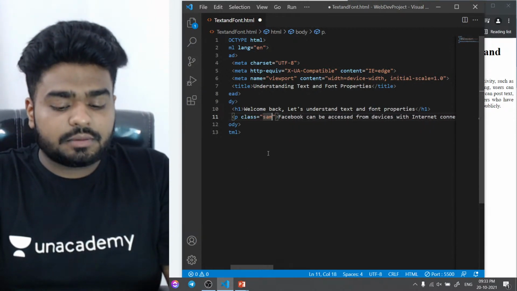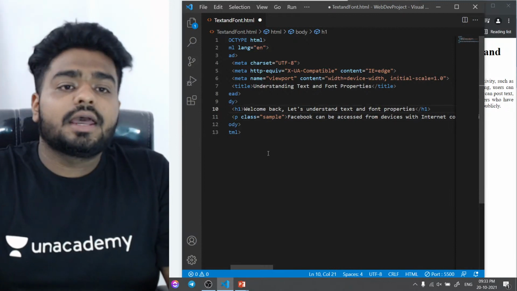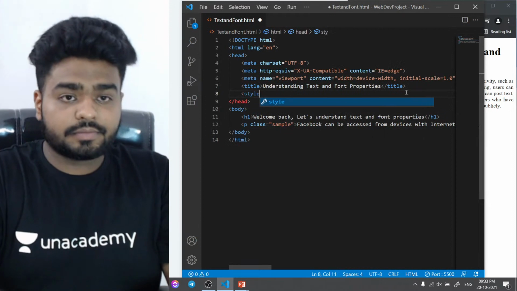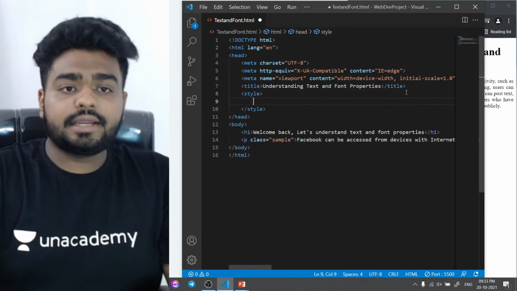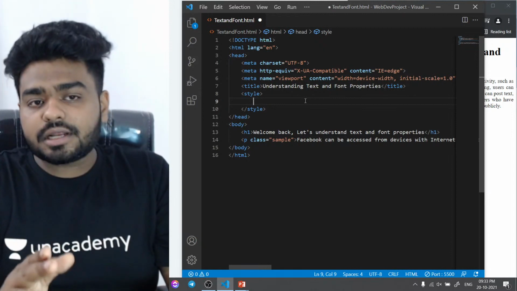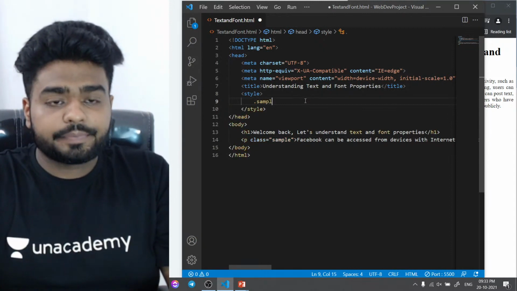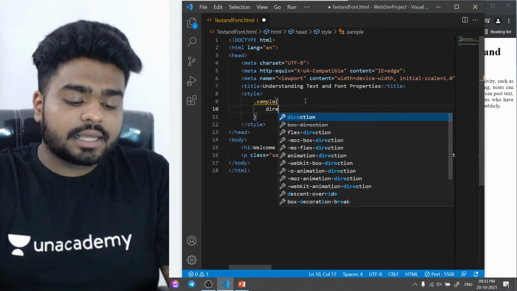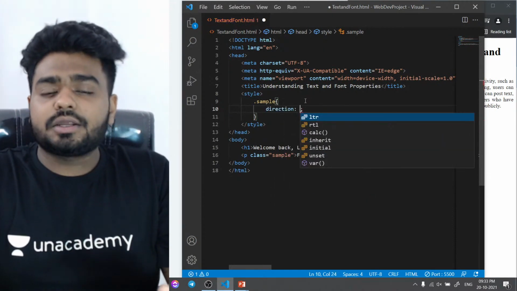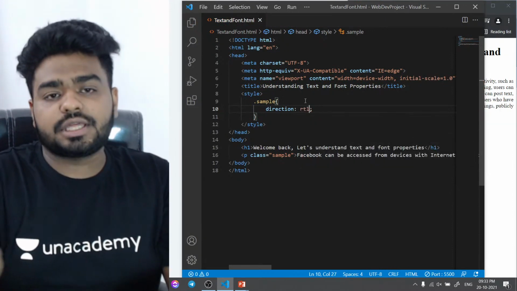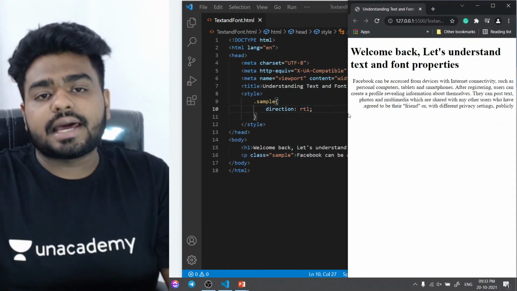Let's say the class name is sample. Okay. I'm going to create one internal CSS, right? And in this CSS, I'm going to give something. So I have written class. That means I have to write dot sample. I have to give something here, right? So let's say that I'm giving here direction. Now you must be knowing what is direction, right? If I give here RTL and if I save this, you can see the direction is now